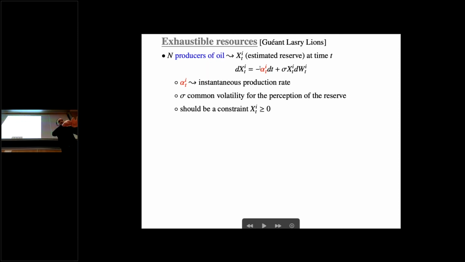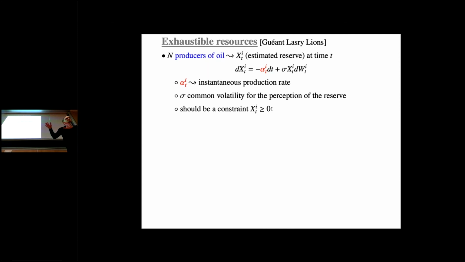So you see that for sure you decrease the reserve, and there might be some shocks in the estimation of the reserves. And so the larger the size of the reserve, somehow the larger the shocks. So you have a diffusion coefficient that is multiplicative here. Actually, the dynamics do not really matter in the rest of the example. This is a very baby example to explain to you the philosophy and to give you, in fact, more insight about more complex models. The main constraint that I have is that the reserve should stay positive.